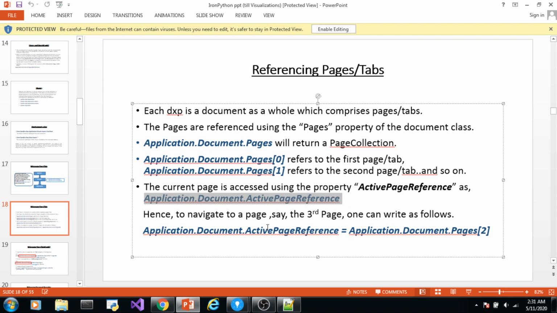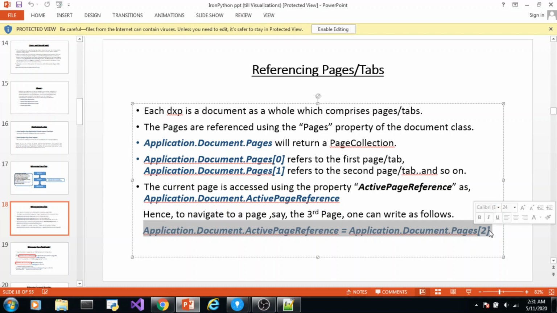And this property you can use to navigate among pages also. Suppose you are on the 1st page and you want to navigate to the 3rd page, then you can set the active page reference to the 3rd page. This statement will let you navigate to the 3rd page.